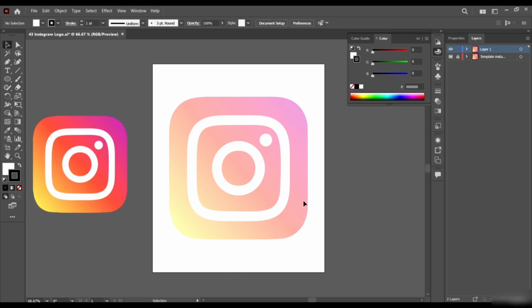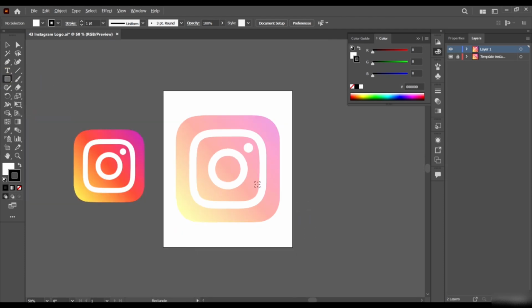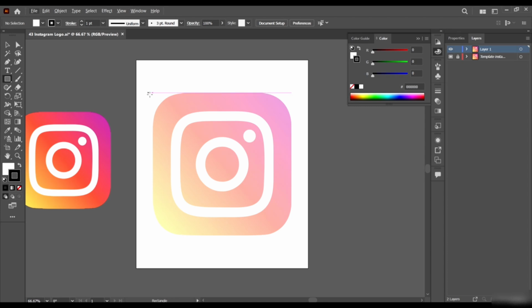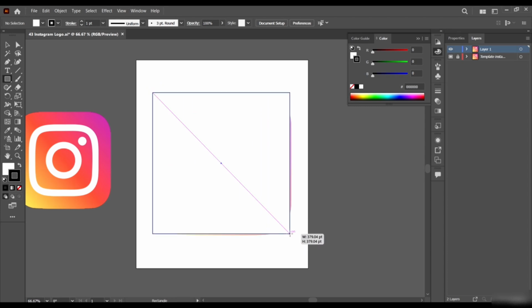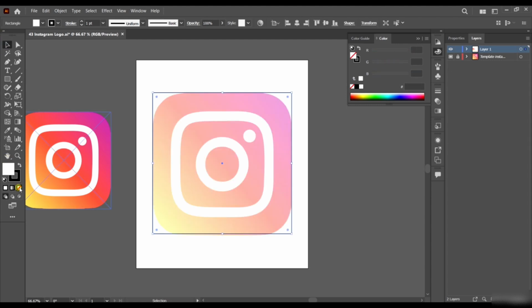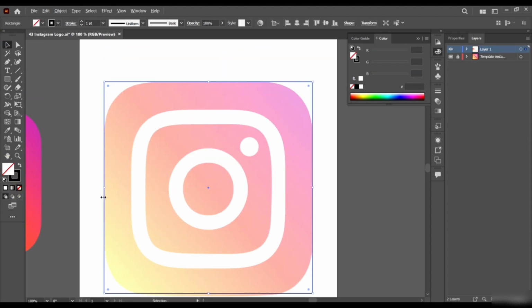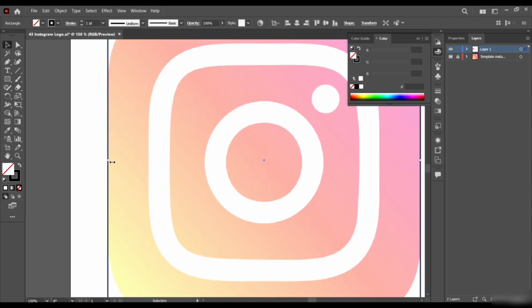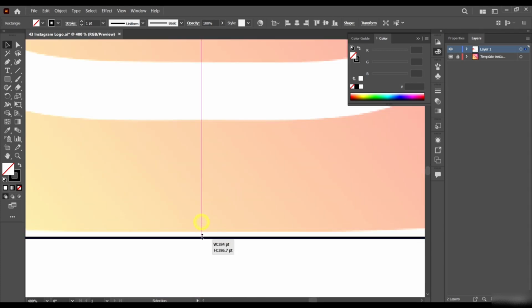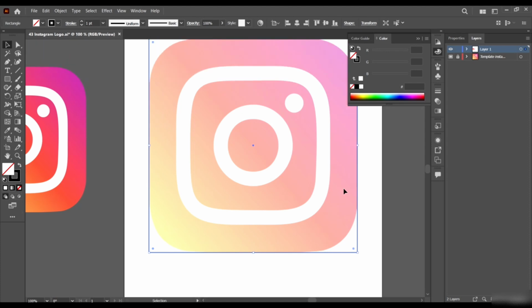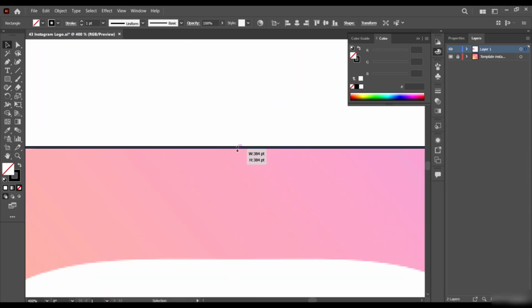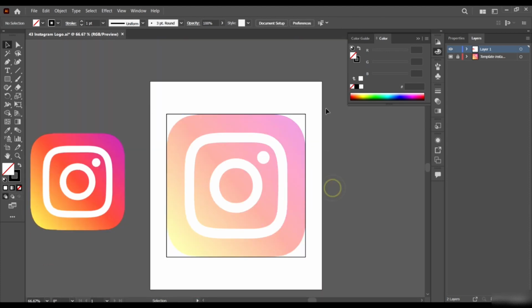The next thing we are going to do is select your rectangle tool and drag a rectangle around your main shape. Just remove the stroke and adjust it to look better, to look perfect.